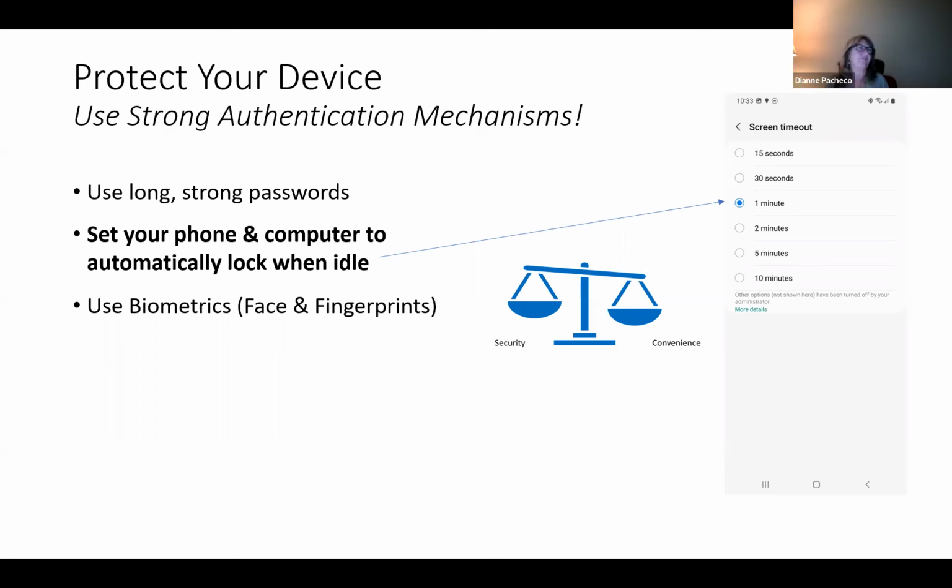If I'm using it, it's great. But when I stop using it, if I put my phone down or I drop it or I lose it, I want to make sure that it's locked before somebody else picks it up. Again, it's a balance between being really secure and being convenient. If your phone is locking every 30 seconds and you find it annoying, it's better to go longer than to turn it off. Every person has to make that decision for themselves. I tend to go with 30 seconds.